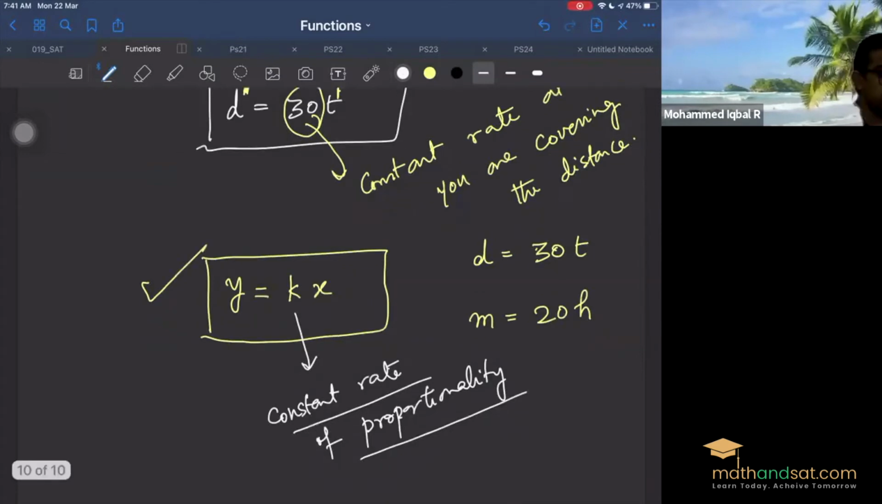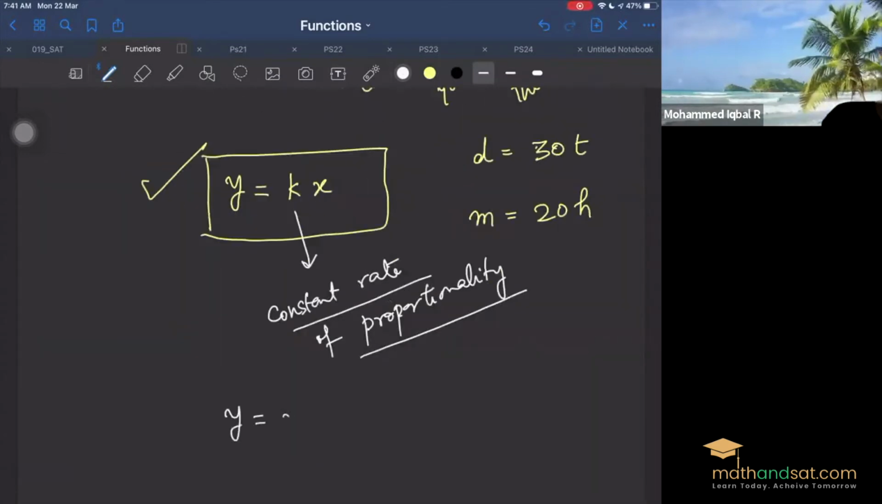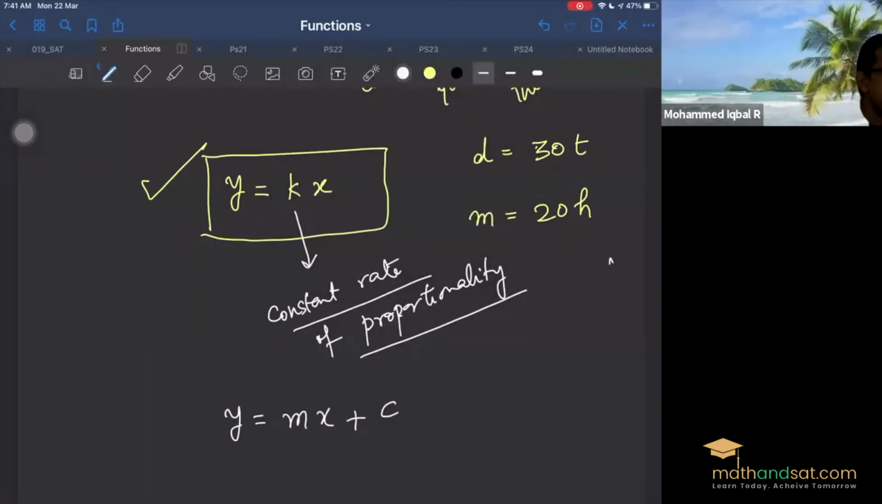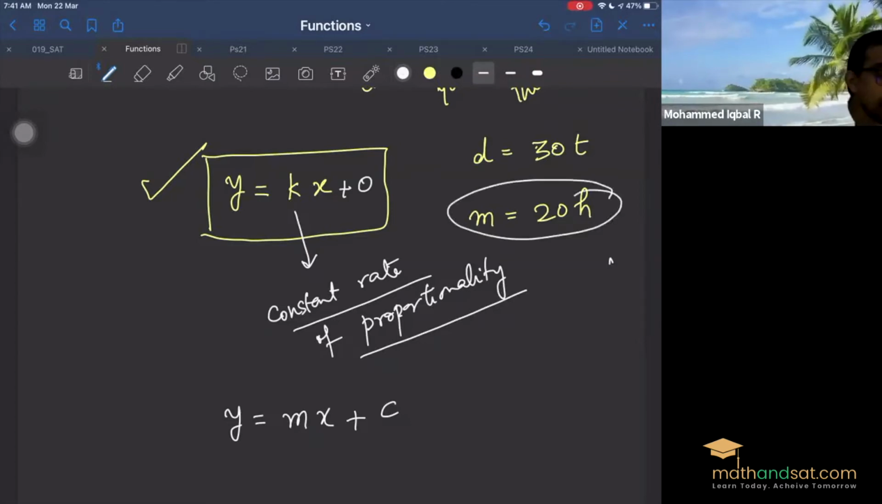Your linear relationship will always be of the form y is equal to mx plus c. In this case, the idea is very simple. This constant is 0. That's all. The constant number is 0 here. Now, my question is, if I draw the graph of